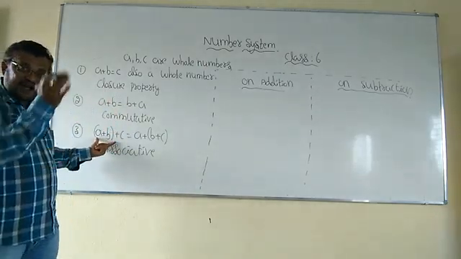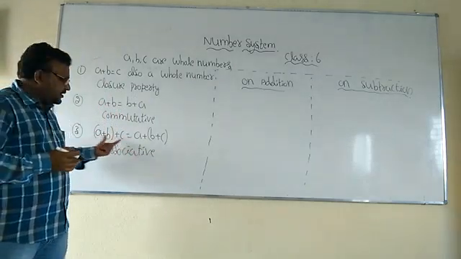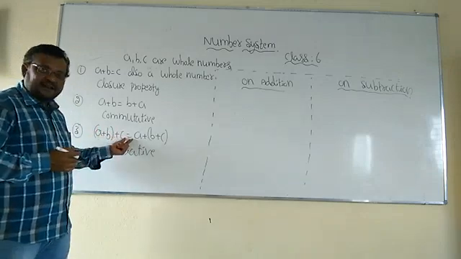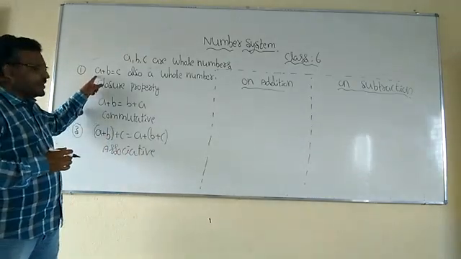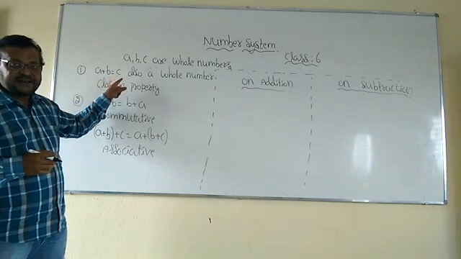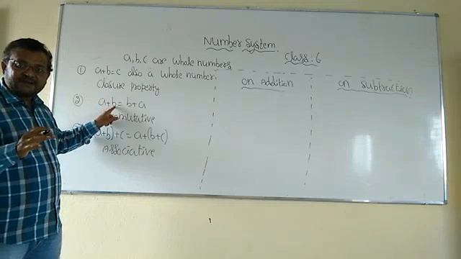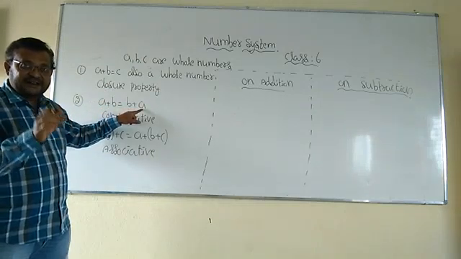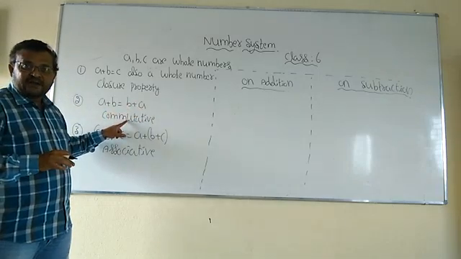Next, order of addition. Irrespective of the order of addition, if the addition of the given three whole numbers is equal, then it is the associative property. Once again, if A and B are any two whole numbers and the addition of those two is also a whole number, then it is the closure property. By reversing the order, A plus B equals B plus A. If we do the addition by reversing the order and it is still equal, the name of the property is commutative.